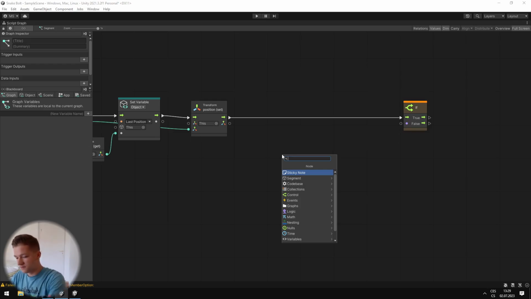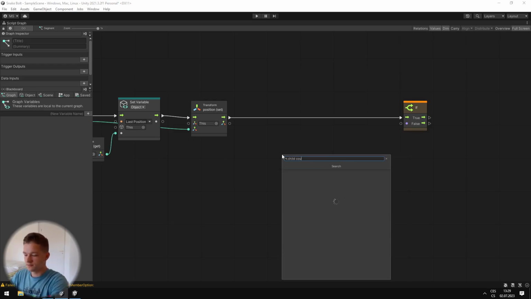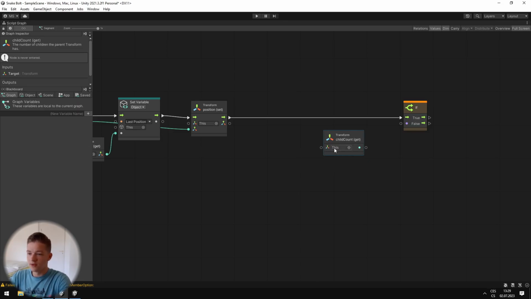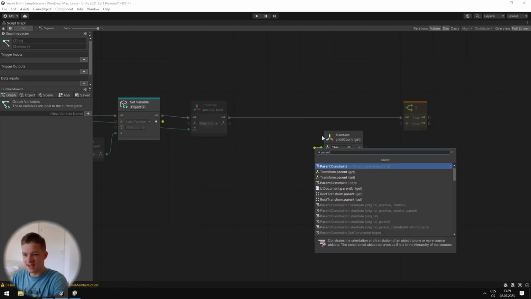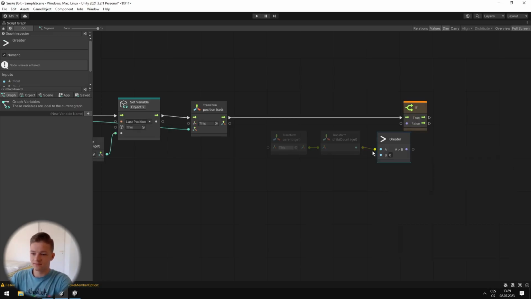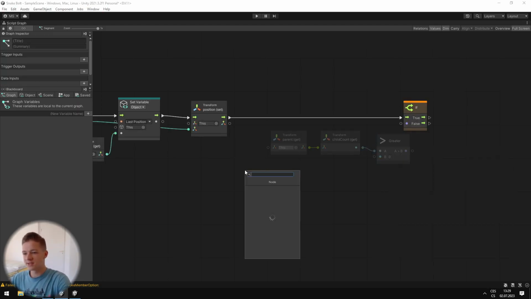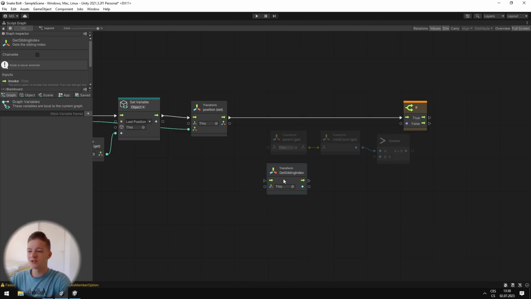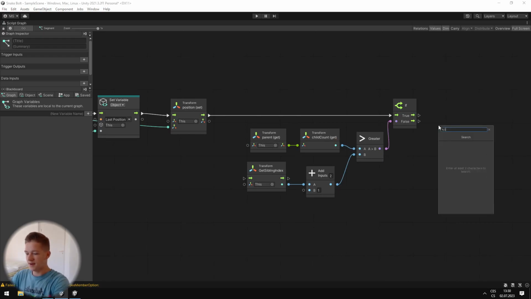So as I said, we will get child count of the parent of this segment, which is the snake. And if this number is greater than index of this current segment, so we can use sibling index get. And to this number we need to add 1, because the indexes are starting from 0 and not from 1. If this is true, we can again trigger custom event,